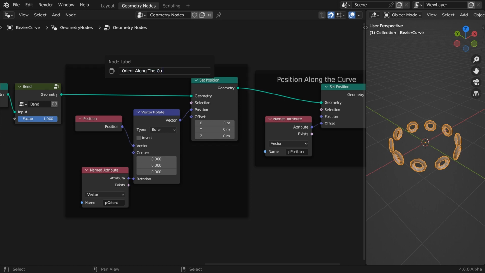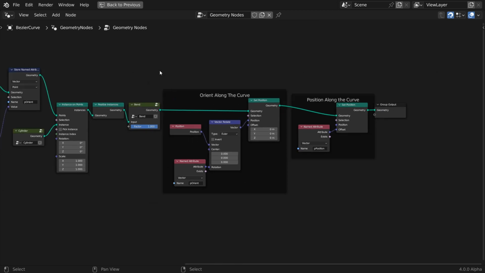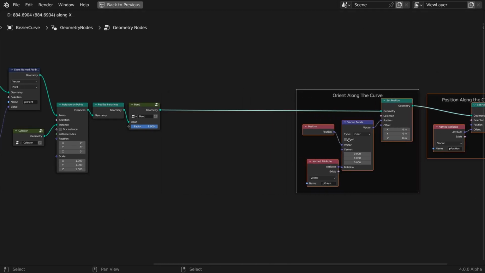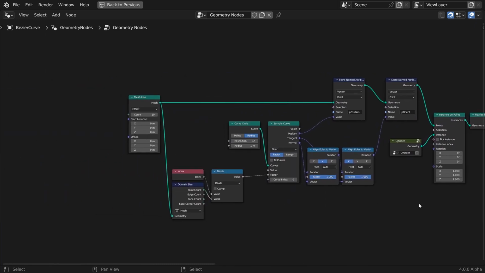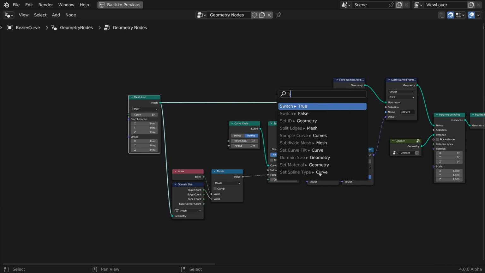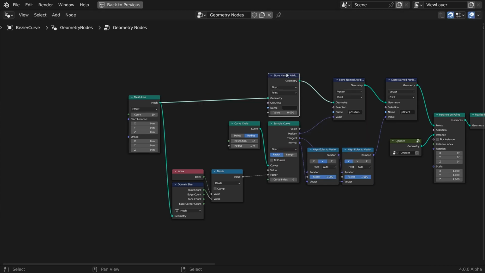Chain links are cross-connected. Next step is to rotate every other link 90 degrees on the x-axis. Again, same concept. Store an attribute to mark each ring as either even or odd, and use that attribute value to rotate every other one 90 degrees on the x-axis. Set the attribute type to Boolean, call it